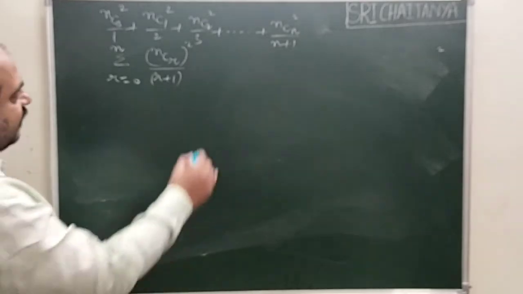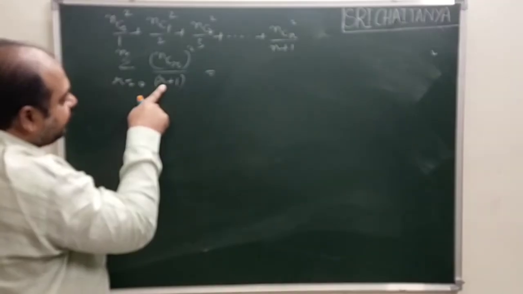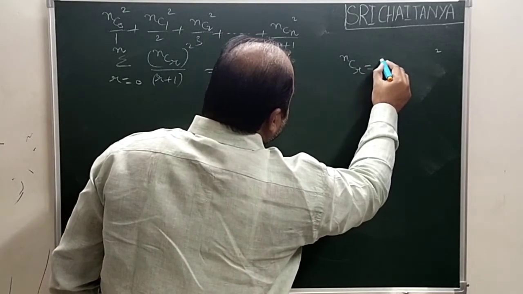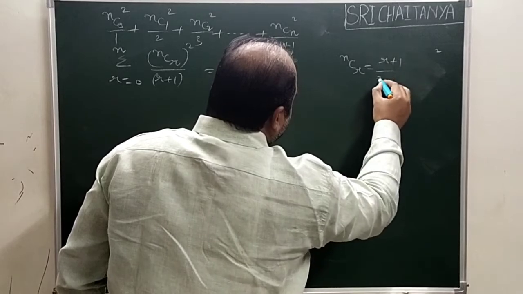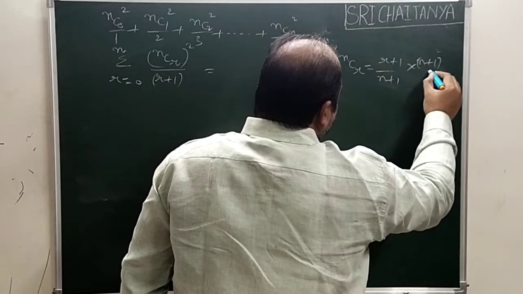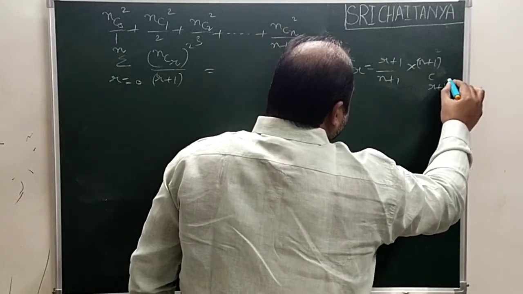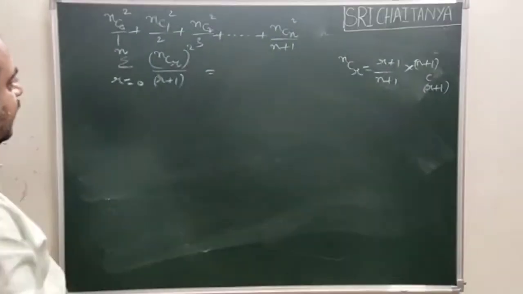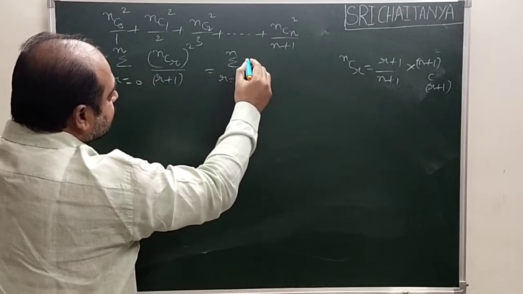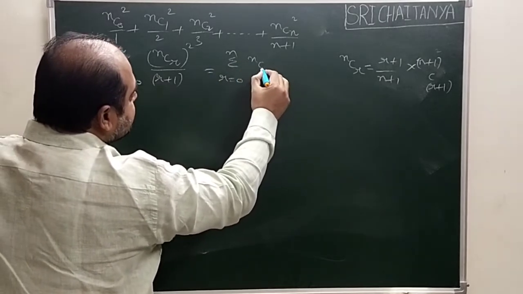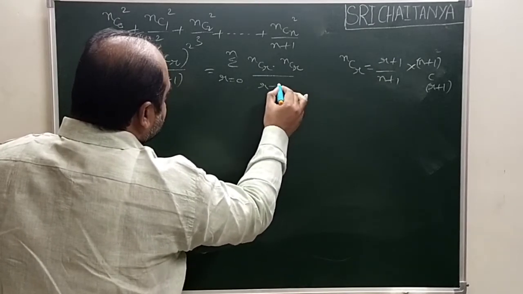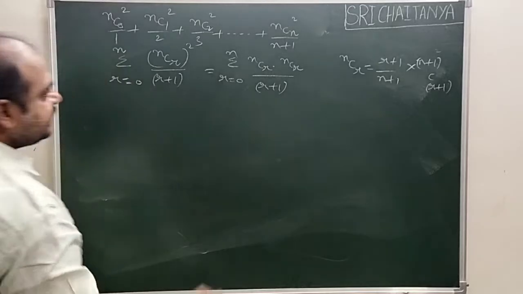Now, in the denominator, if a polynomial is there, I told you a formula to eliminate it: ncr divided by r plus 1 equals 1 by n plus 1 into n plus 1 c r plus 1. Here, one ncr I am writing like that, so you write ncr into ncr divided by r plus 1.